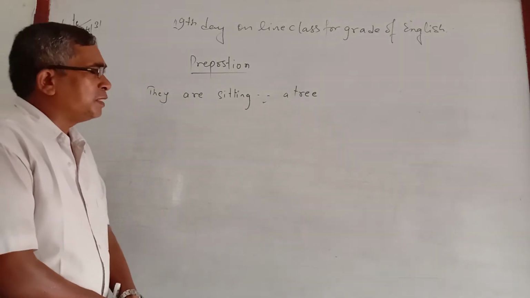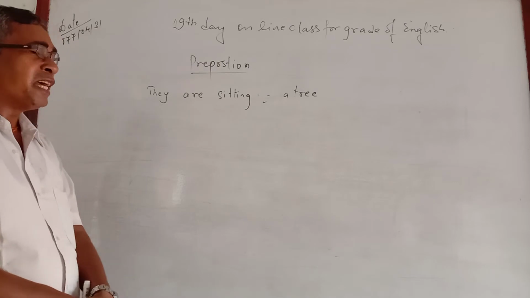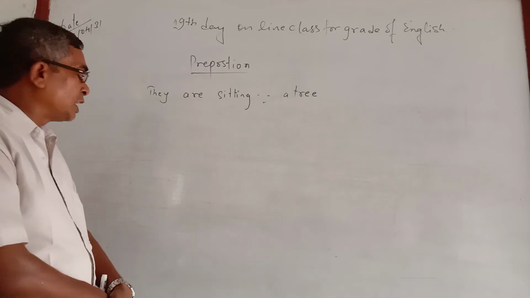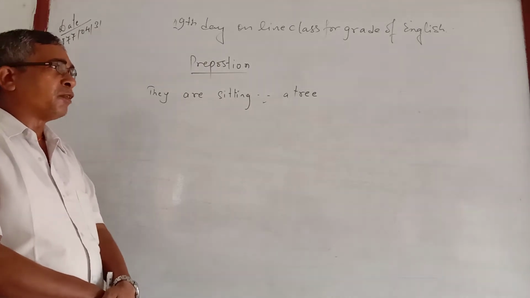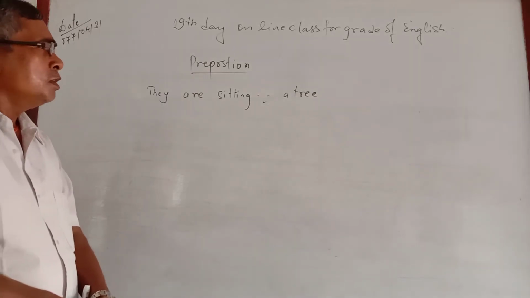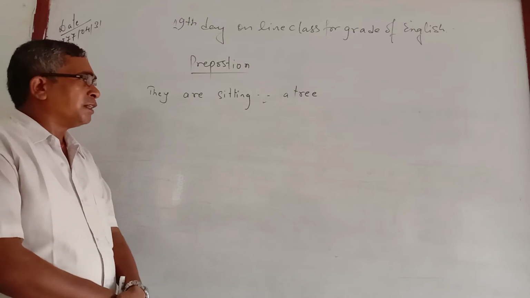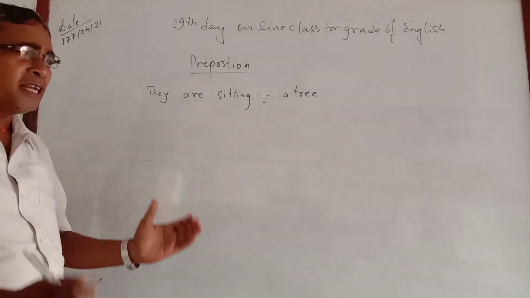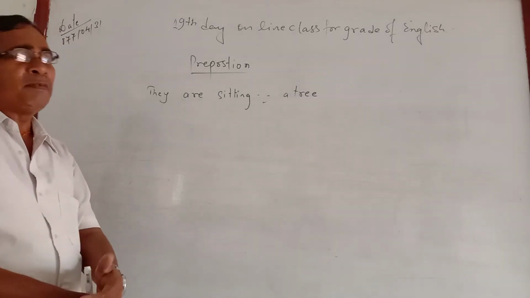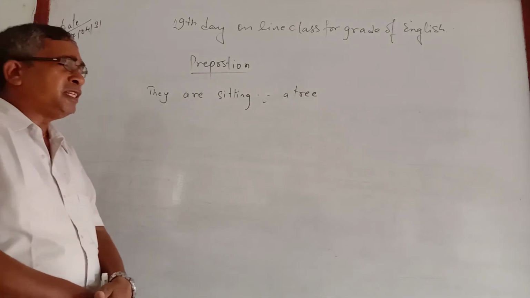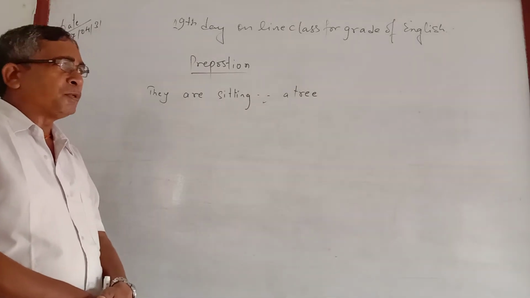But whether it will be in or at, we have to decide according to the condition. Because you might have heard and learned in your previous classes that generally in is used for a big, surrounded area, whereas at is used for a small area. So if I live in airport, why should we say that? Can't we say I live at airport?